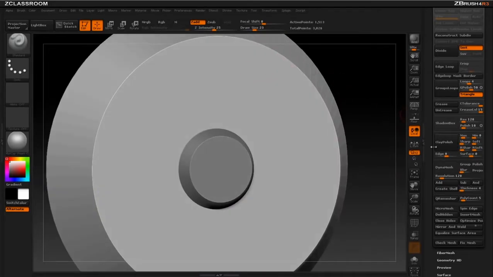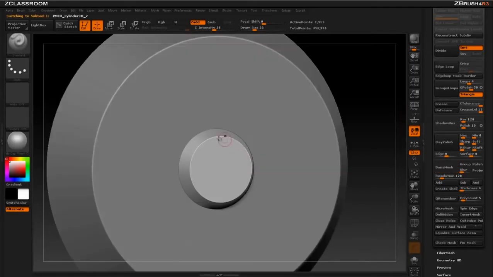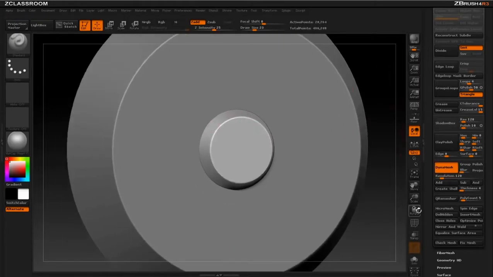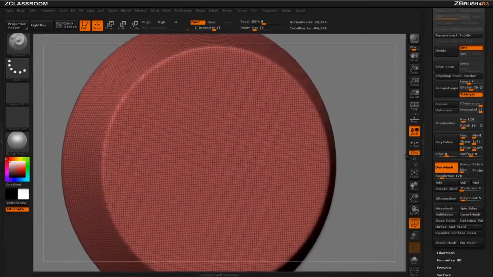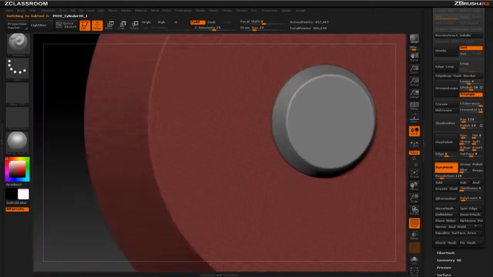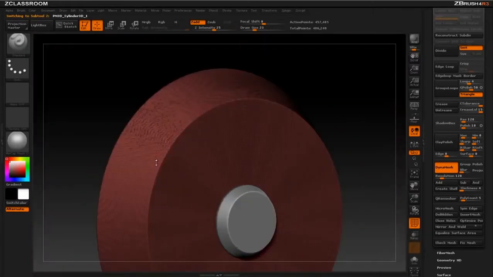So with our big object selected, we're going to hit Dynamesh. And it's actually taking a while because it's Dynameshing this whole big object at a resolution of 128. Now when we Dynamesh this smaller object, you're going to see it does the exact same thing. And if I turn on Polyframe and zoom in and switch between both of these objects, they're both the exact same size quads,